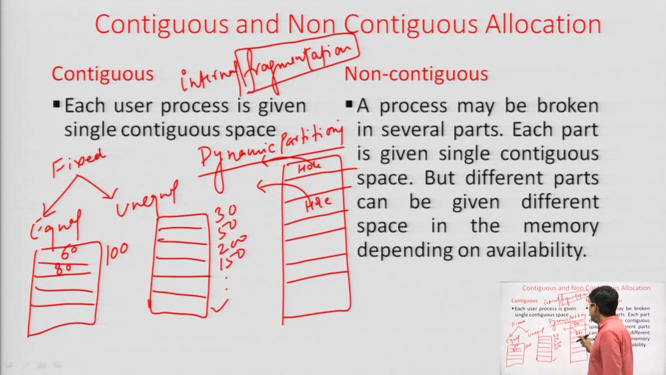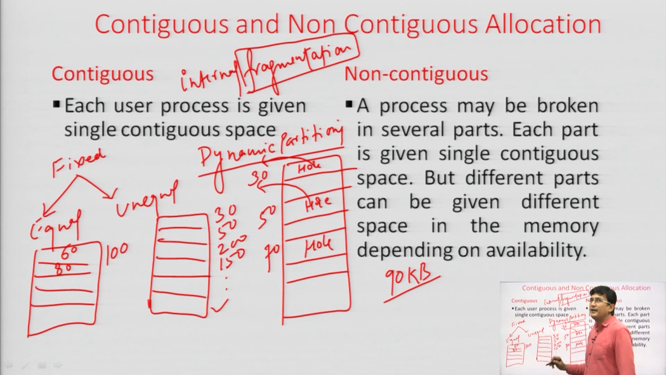For example, let us say we have 3 holes in the system: a hole of 30, a hole of 50, and a hole of 70. So, we have cumulatively 150 kilobytes of space. A process of size, let us say, 90 kilobytes comes. So, the 90 kilobyte process can be accommodated if all these holes are brought together, but individually they are not able